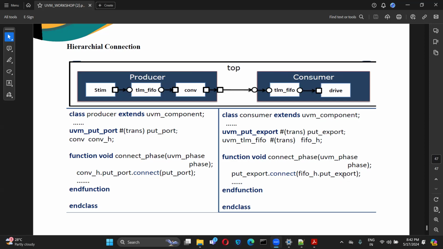So basically, hierarchical connection is nothing but we are passing the connection from one component to the other component. I will show in the memory verification also where we have the agent inside env, all that, right? So how we use the hierarchical dot connection to get access to that particular instance. Likewise, now it is port to the export. So now here the export to this connection, to the export itself you will be having. So we don't have the top level connection of this. So you can just go through whatever we have for this. Okay? We will go to the code.